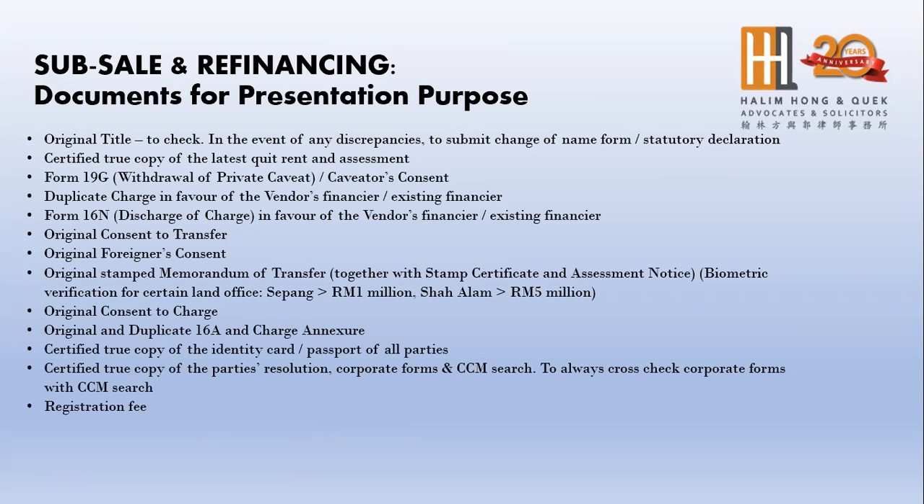And then CTC, current assessment. So if there's a caveat entered by the purchaser or by the bank, you have to withdraw. And then charge in favor of the vendor's bank, if relevant, and 16N to discharge. So if the property is subject to restriction, you have to enclose original consent to transfer and original foreigner consent